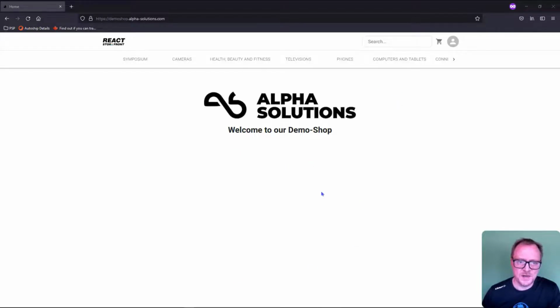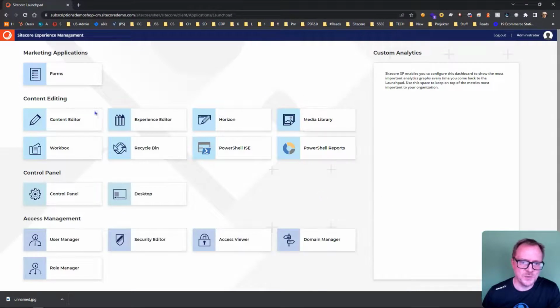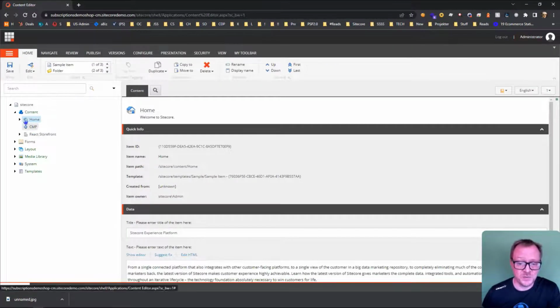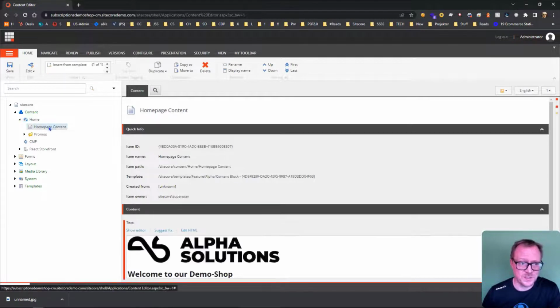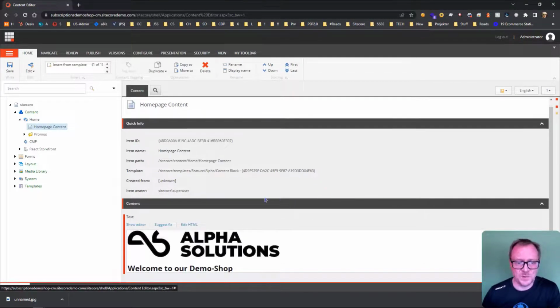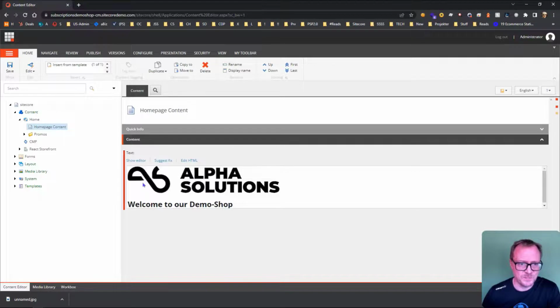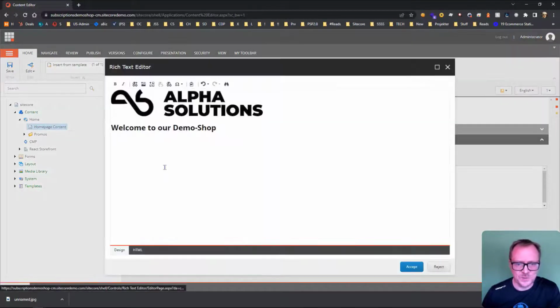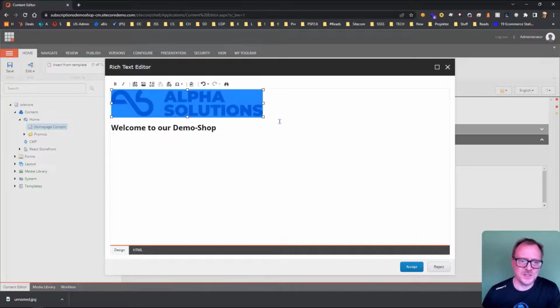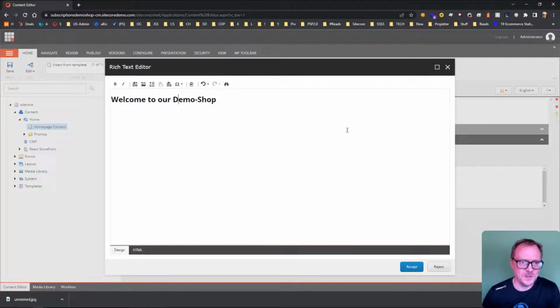So let's go ahead and change this to a message to the user, because we actually had a case where somebody pulled in actual credit cards, and we don't want that. It's just a demo setup. We want test users to use the Stripe test credit cards instead. So let's remove the logo and quickly write a message: please don't use your actual credit cards, use the Stripe test cards instead.